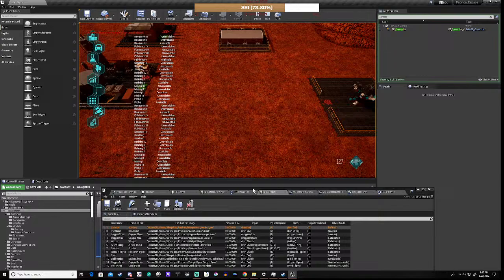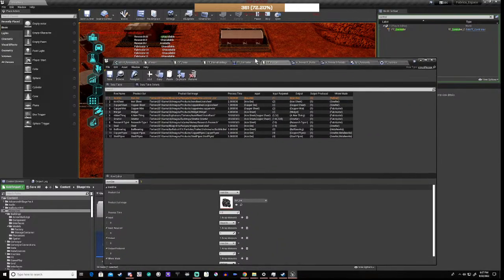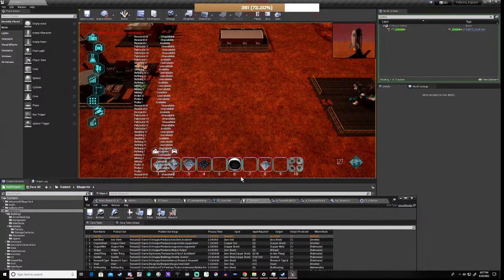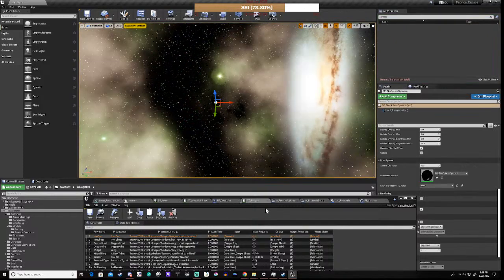So the interesting part now is if mining is complete, then our hotbar should actually show this. Now it does, but that's not really correct. Okay? Because that is hard coded. So what we need to do